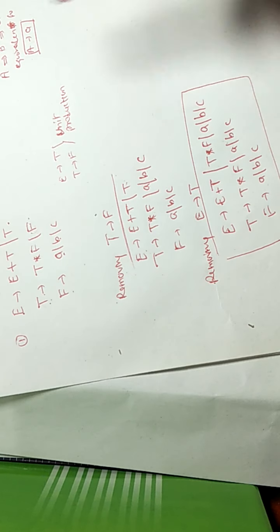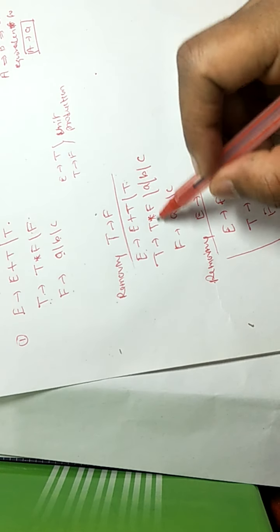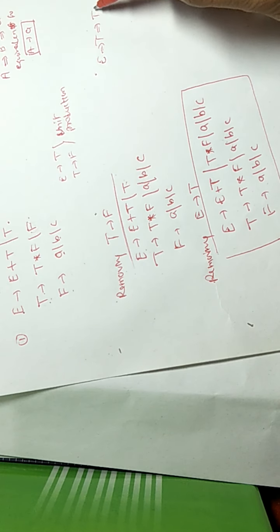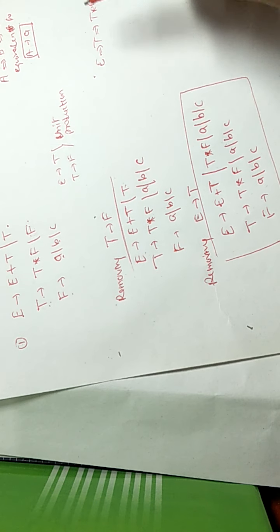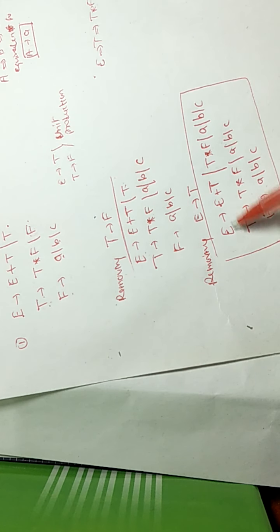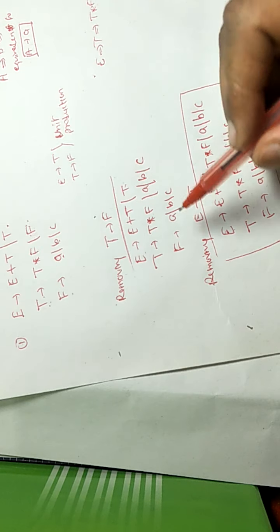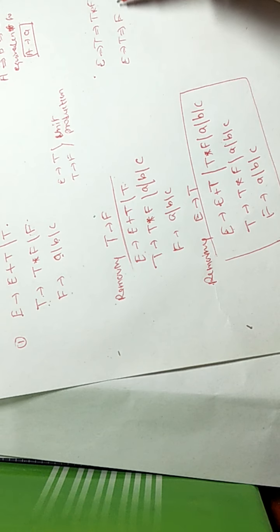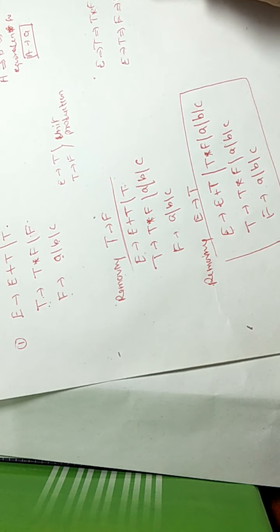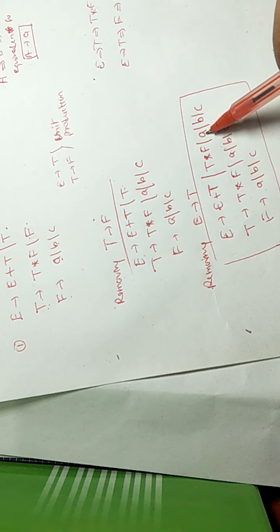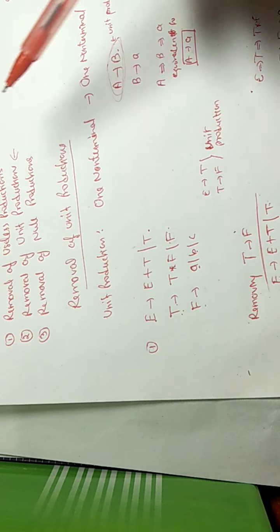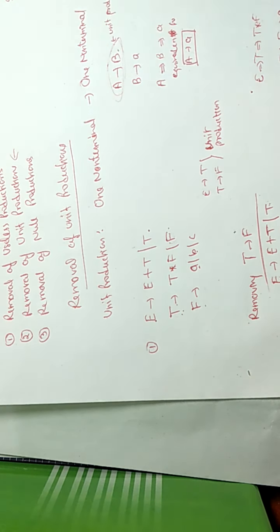If we have to derive, suppose T tends to F, we move from E to T and then get T tends to F. In the place of T, we can directly get it from E tends to T asterisk F. Or if we are deriving A, we move from E to T or T to F, then put the value A here, so we can directly get E tends to A. So it is better to write the grammar in this way. We can simplify by removing the unit productions.